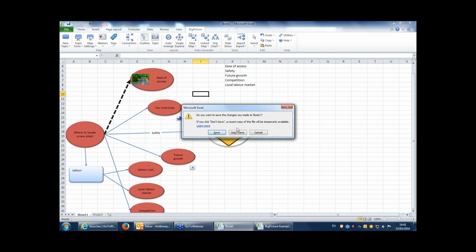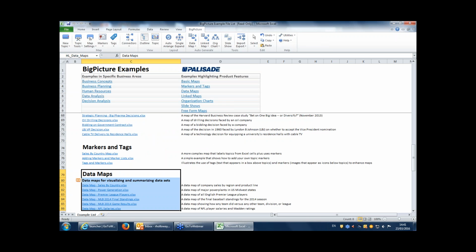Data maps is one of the auto-generating maps that we have here, where you basically have a sheet of data. In this case, it's about where the energy source is spread out throughout the Midwest states in the US. So here we got a relatively small spreadsheet of a few, 50 odd rows. You can see it's broken down by state, the name of the plant, what sort of energy source it is,